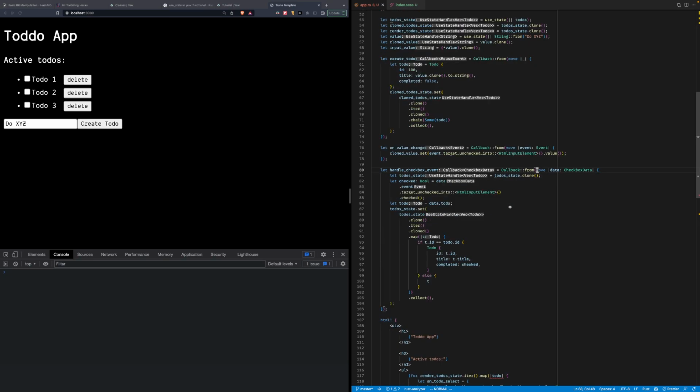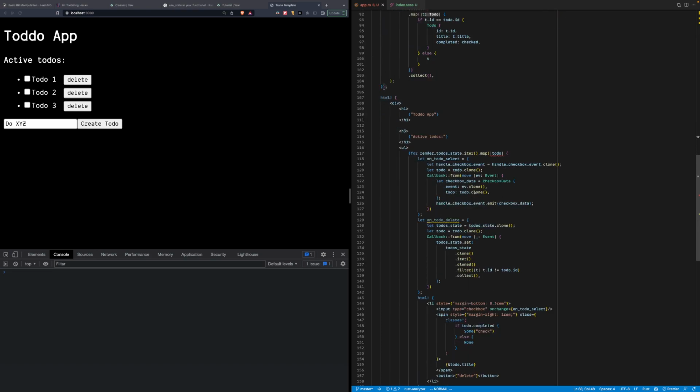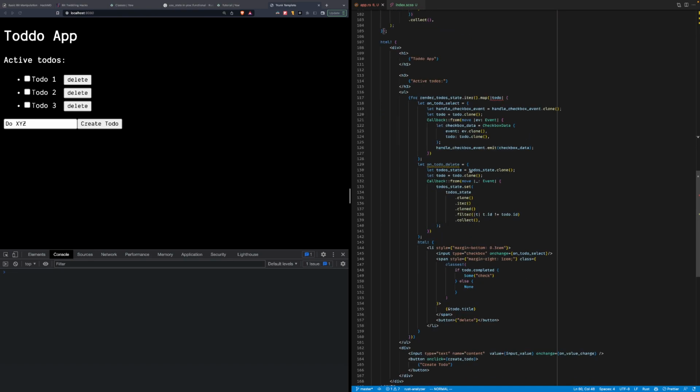Moved here, which is checkbox data. But aren't we cloning it? Cloning these to-do state dot clone? Oh, okay, all right.